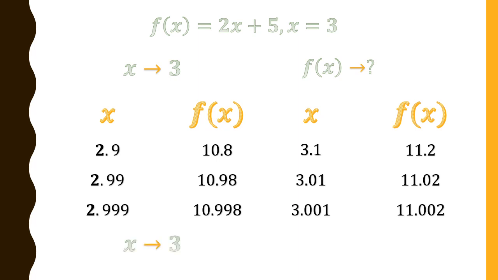you will see that f(x) in both the columns gradually goes. When x tends to 3, f(x) tends to 11. Am I right, my dear students? Yes, both of the f(x) columns show that gradually it goes nearer and nearer to f(x) 11. So the limit for this function is 11, and that's the end of your sum.